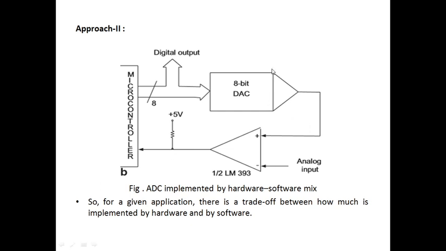In this approach we are using inexpensive, less performance hardware, that is the D to A converter and comparator. This second approach is perfectly suitable for the application. Here we have less performance and it is costless, and the power dissipation is also very low in the second approach. The first approach has high performance but is expensive and has high power dissipation. In the second approach we have less expense, less performance and low power consumption.